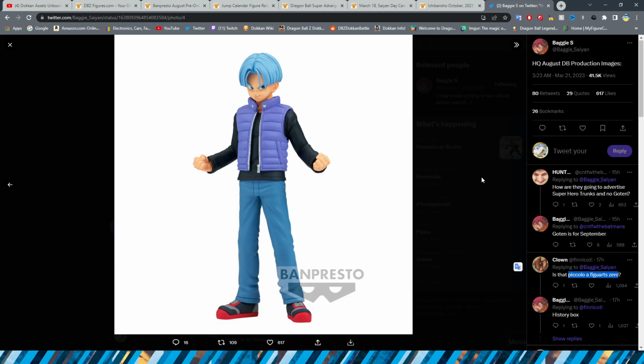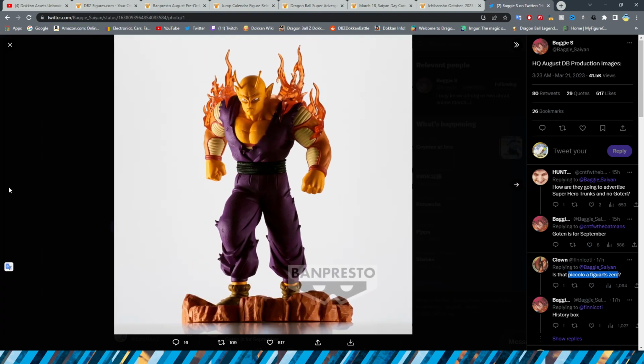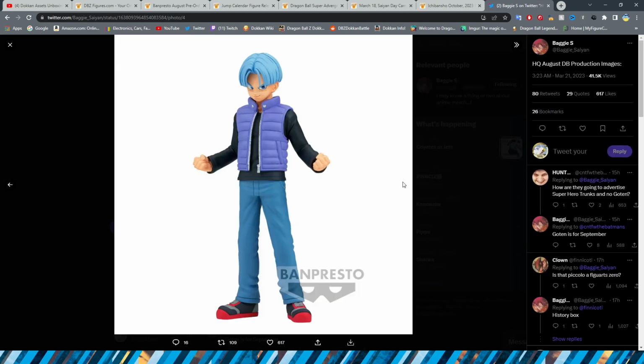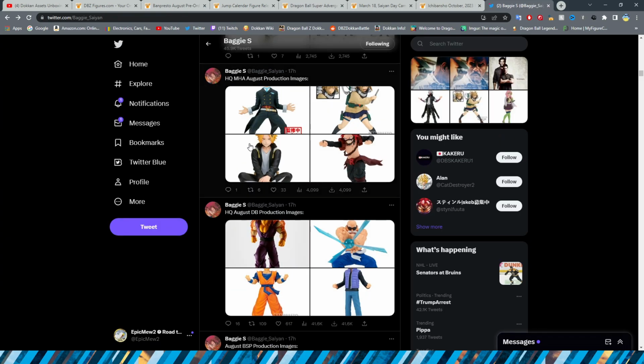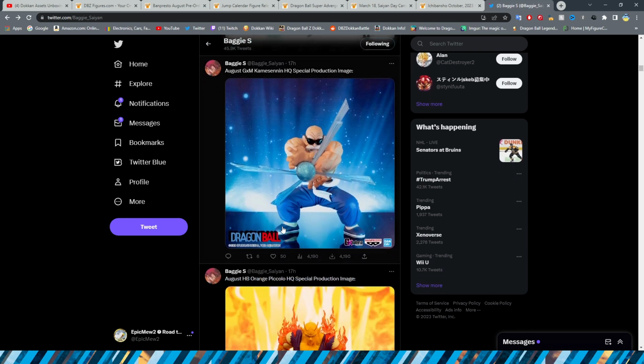But Trunks looks fantastic, dude. Honestly, listen, everything here looks really good in my opinion. I don't think that there's a bad figure out of the bunch. But I honestly think that Trunks might look the best. I know that's kind of crazy saying that, considering Orange Piccolo is there. But maybe it's just because we haven't had a figure of this guy yet that it's so exciting. But I think his face looks perfect. The outfit looks perfect. I'm very excited for him. And we also have up here, there we go, the...